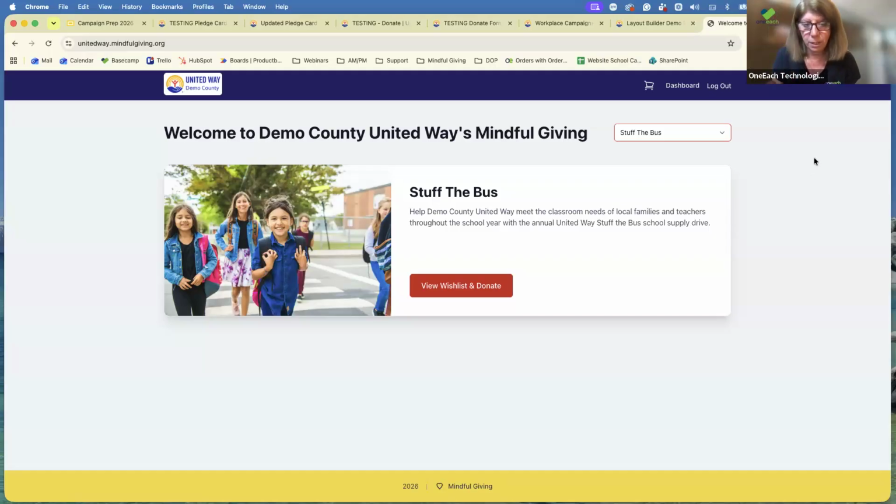But here's the thing. I was a United Way director from 2003 to 2006, and it was all workplace campaign. That was our life. The world has shifted, and we need to find donors different ways. We need to engage people different ways. Our younger donors want different things. So this is a platform that not only can get you stuff, but it can get you donations and contact information. So if you go ahead and click into it,